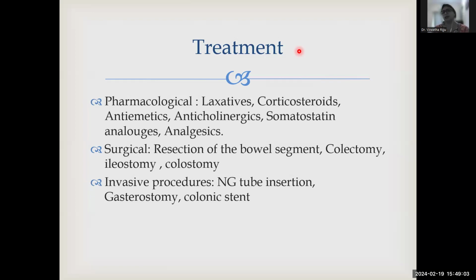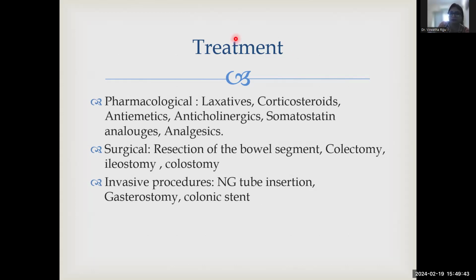And anticholinergics are something which I also prefer because they help to reduce secretions, like Buscopan, hyoscine butyl bromide. That's a generic name. Buscopan is usually helpful in reducing the intestinal secretions and thus helping to reduce the vomiting. Same goes for somatostatin analogs, another agent used for vomiting, like octreotide, a more expensive version of an anti-secretory agent. Now, analgesics is another thing we were saying, to bring down the pain.